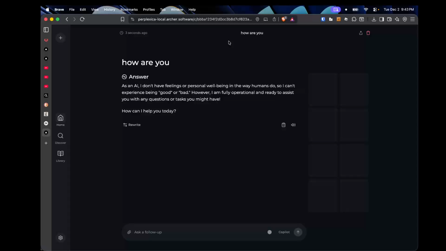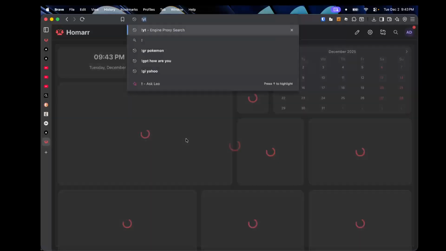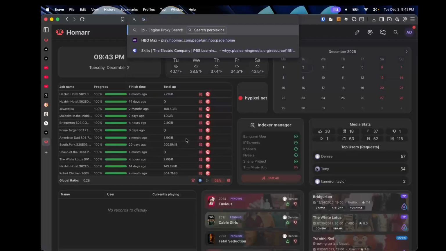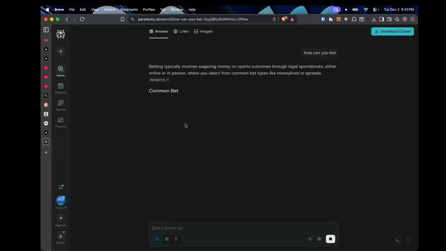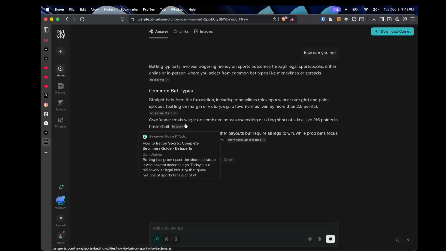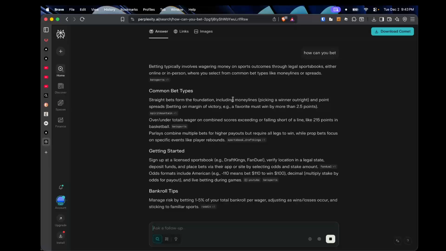Okay, it's connecting to my browser's other search engines. But IP, we do this. How can you bet? I don't know. Perplexity. And just by default, I can have access to literally every website and search inside of any website